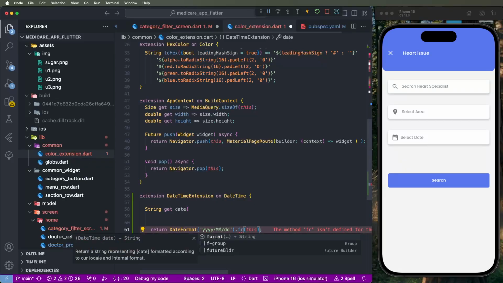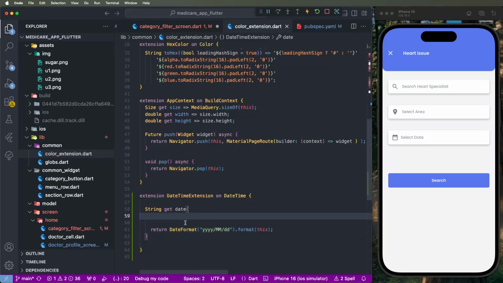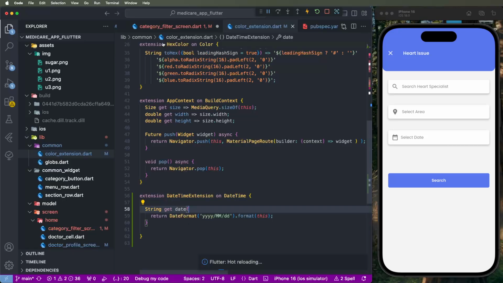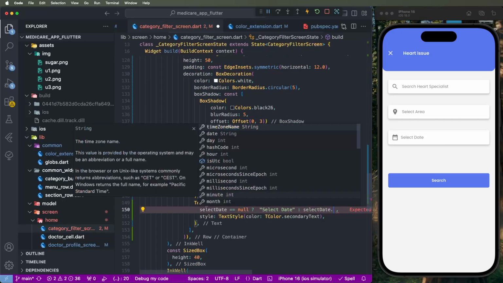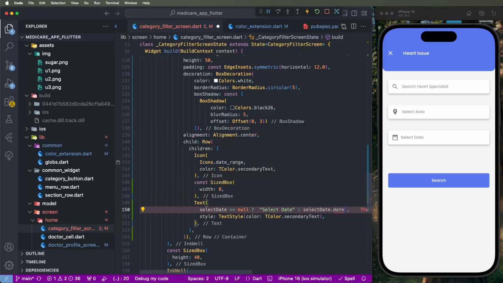Not parse, format, sorry for that. Save here. Now we need to use this here the selected date and write down here the date, if it gets nulls then give this here the